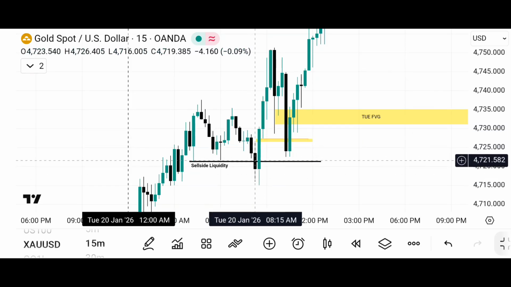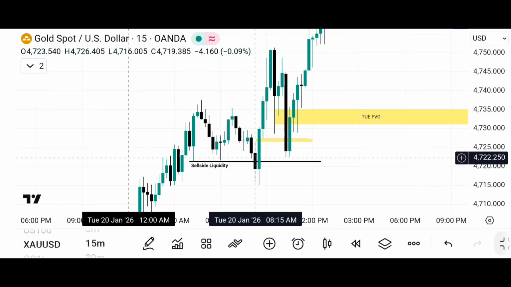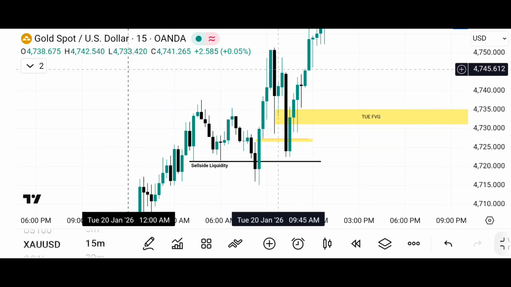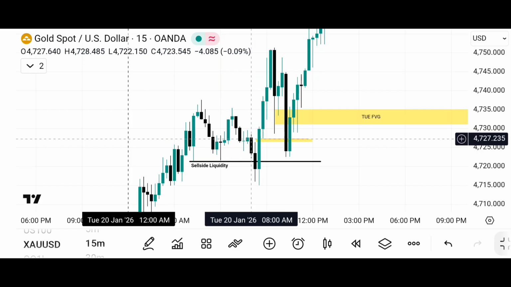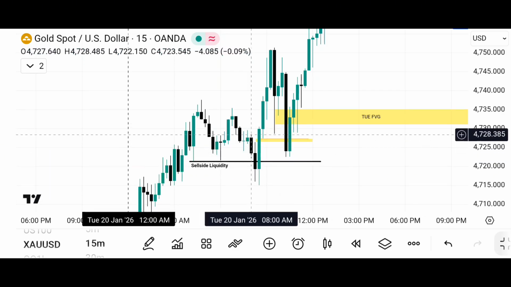An order block is a change in state of delivery. So these two black consecutive candles are sell side delivery being offered, and these green candles right here are buy side delivery offered. So when the green candle trades above and closes above the open,